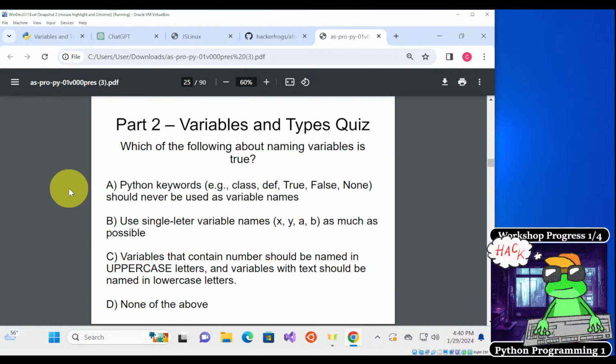B, using single letter variable names, x, y, a, b, we need to use those as much as possible. C, variables that contain numbers should be named in uppercase letters, and variables with text should be named in lowercase letters. Or D, none of the above. So give what you think is the correct answer for this question in the chat, and then we'll talk about it.